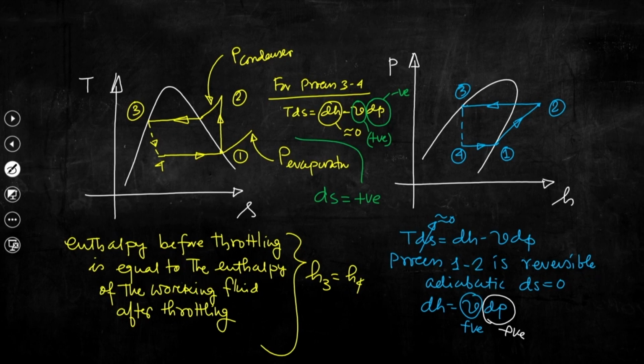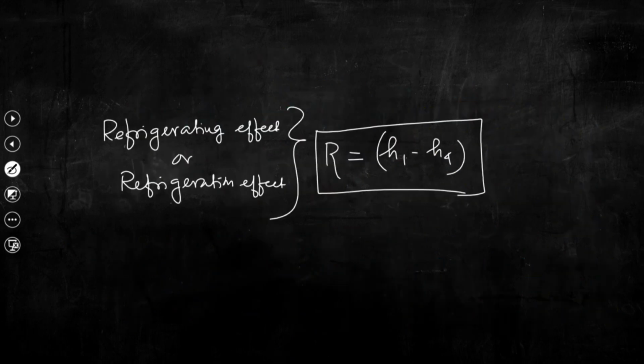So, we need to know what would be the quality of the refrigerant at the inlet of this evaporator. So, if we look at this TS plane carefully, then if we go to this next slide, then we can write that